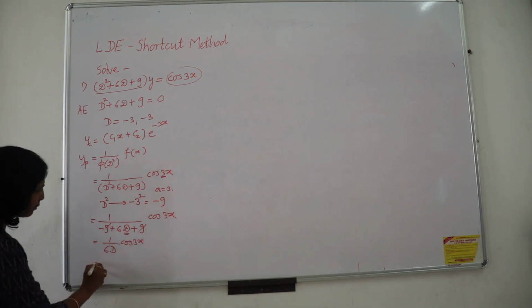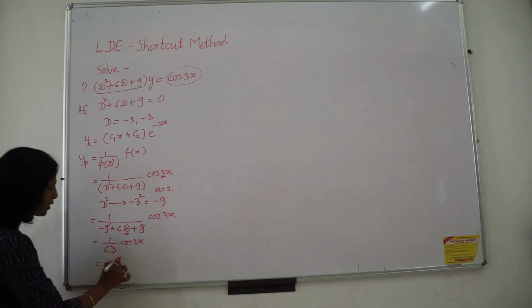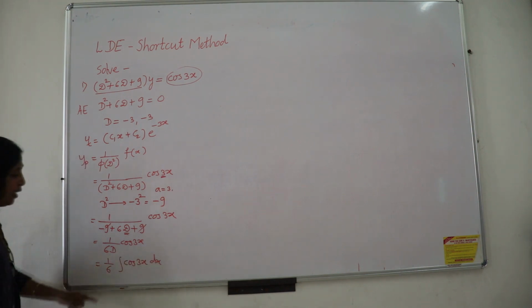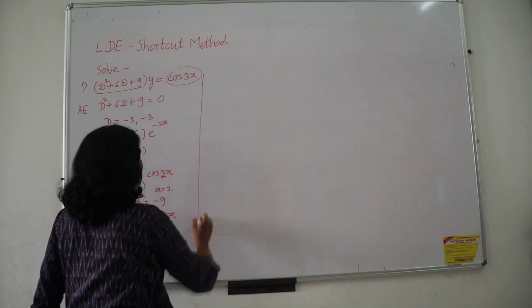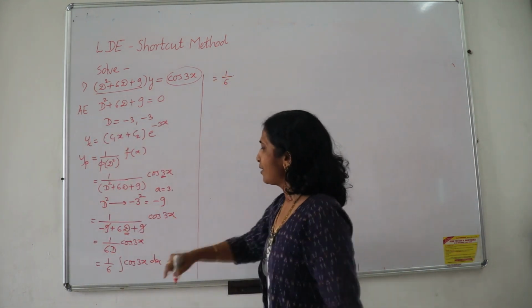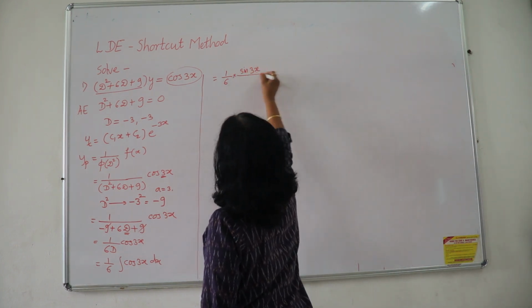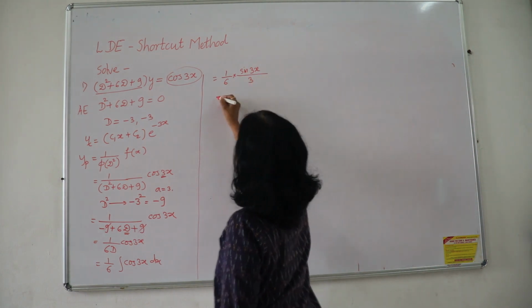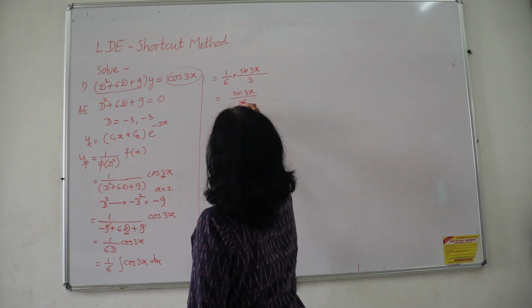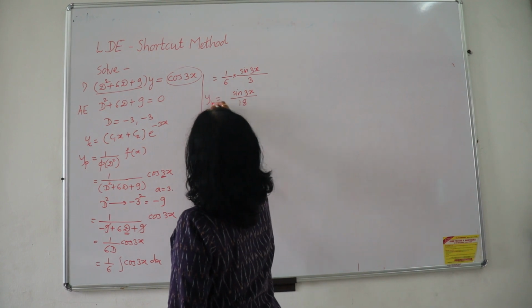Now don't worry about this 1 upon 6, it is a constant. But what does 1 upon D stand for? 1 upon D is nothing but integration of cos 3x dx. And then we will just continue ahead. So this is equal to 1 upon 6 into, what is integration of cos here? It is sin 3x, and again we have to divide by the coefficient here. So finally I will get the answer as sin 3x upon 6 times 3, which is 18. Now see, no D factor is remaining, so you are at the end of the answer.